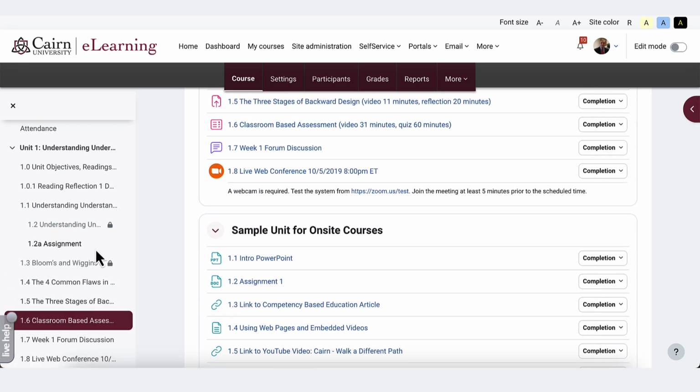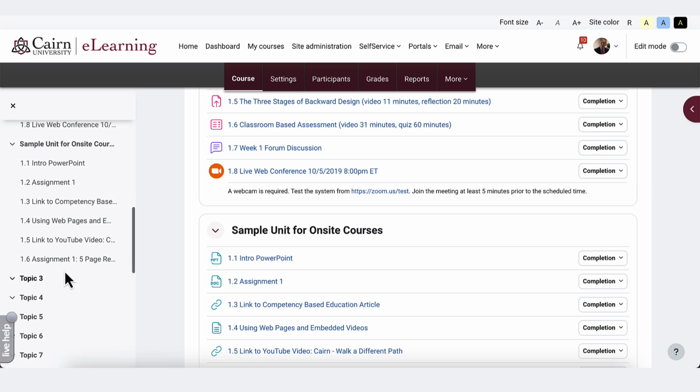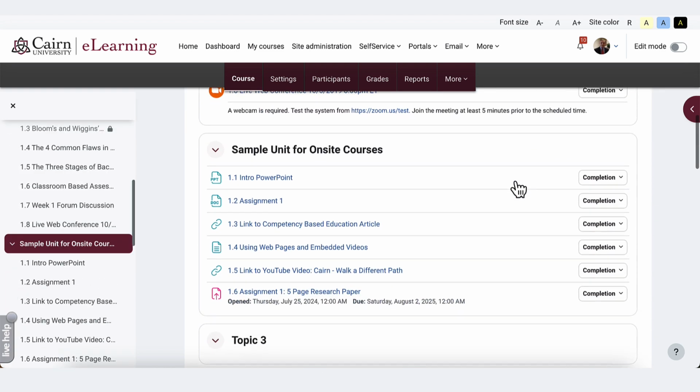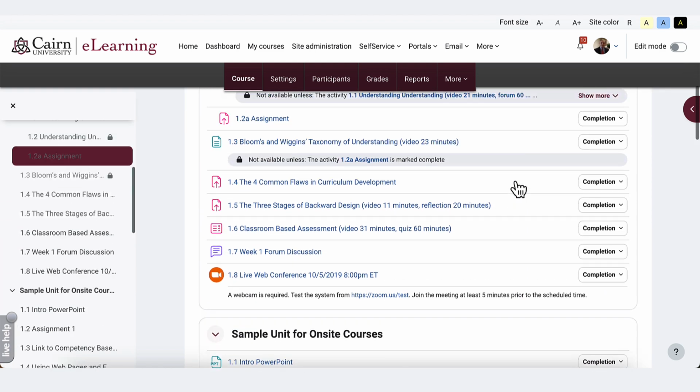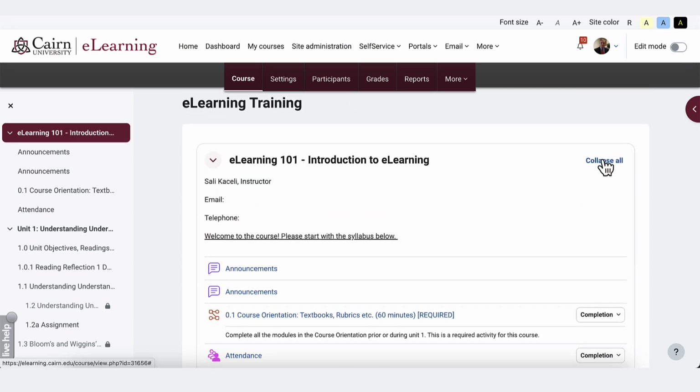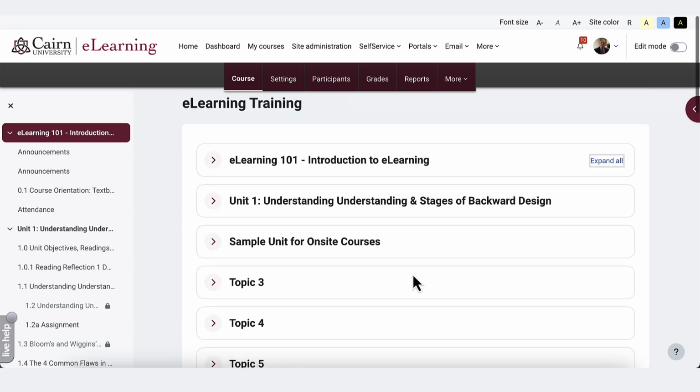Once you're in the course, notice on the left-hand side, as you scroll down and navigate throughout your course, there is this course index. This is so that you or the students can jump to a particular activity directly from the course index. By default, all the activities in the course will be opened up and you'll be able to navigate up or down. But if you click here on Collapse All, it gives the students only the listings of the main sections,